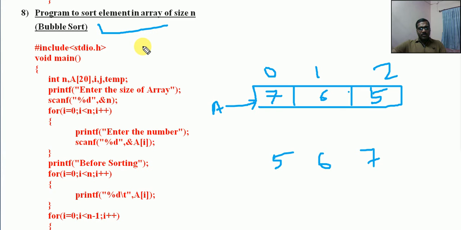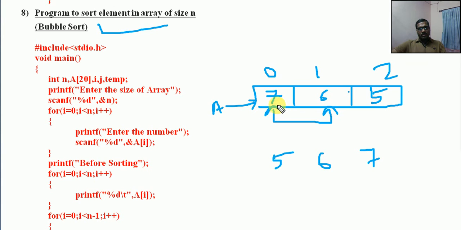Now we need to understand the concept very clearly. Before going into the program, I'll just tell what is happening with bubble sort. What is happening is, with each element present in the array, we'll be having some comparison between the 0th and first element. Neighbor elements will be compared from one end, from 0th.